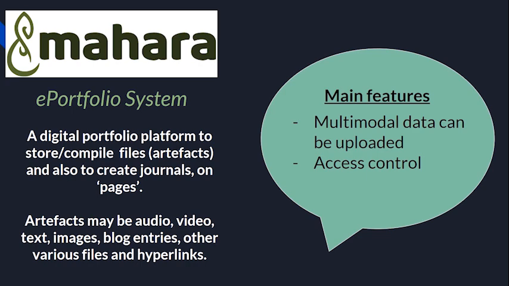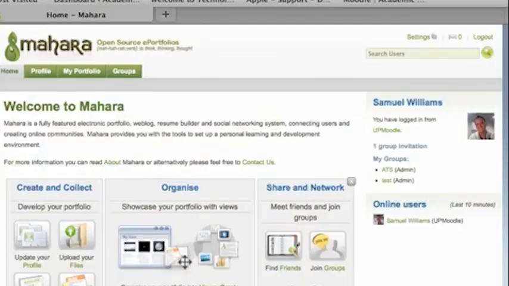Mahara is an e-portfolio system, also known as a digital portfolio platform, where you can control what artifacts you input and to whom you share them with. You may share with just an individual, selected individuals, or even a group. You may organize such artifacts on pages, having different collections for intended purposes or for different audiences. Mahara is also a very suitable blogging tool where journal entries may be organized any way you wish.